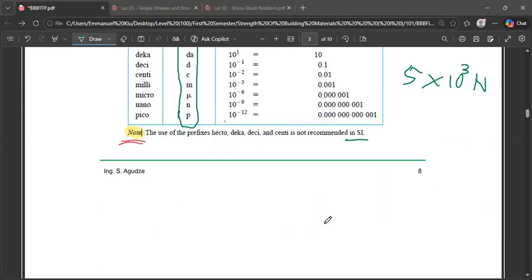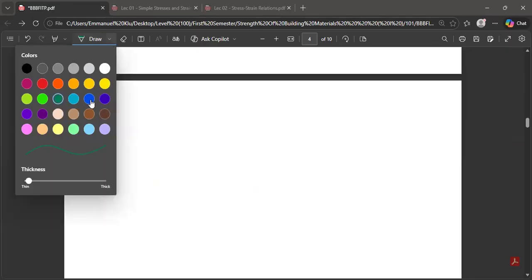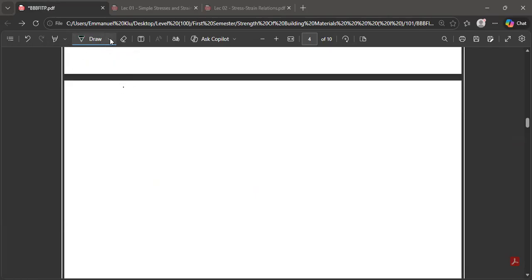Okay, good. In our next stage, we are going to look at how we can also draw the SI prefixes without looking at anything. Yes, this is the stage that we have gotten to now. So I want someone to quickly give me a summary of whatever we have been talking about since we began. Can anyone throw a little bit of light on that for me? Please, can anyone give me a summary of whatever I have just spoken about? Just a summary.